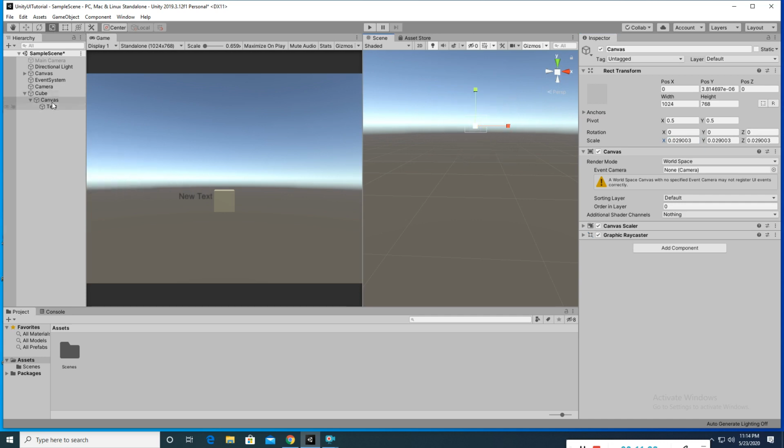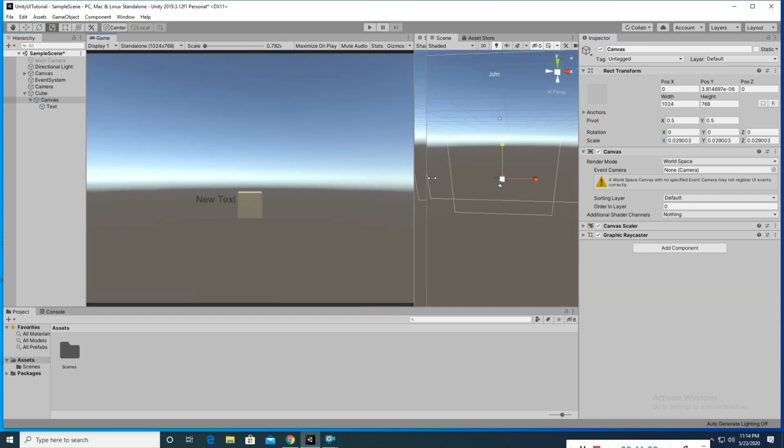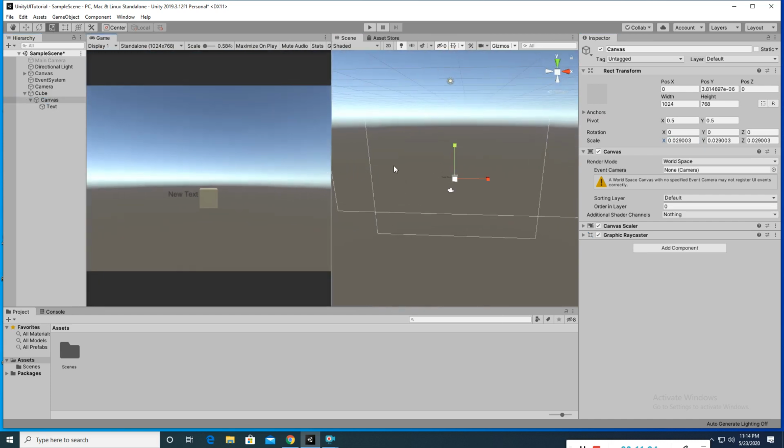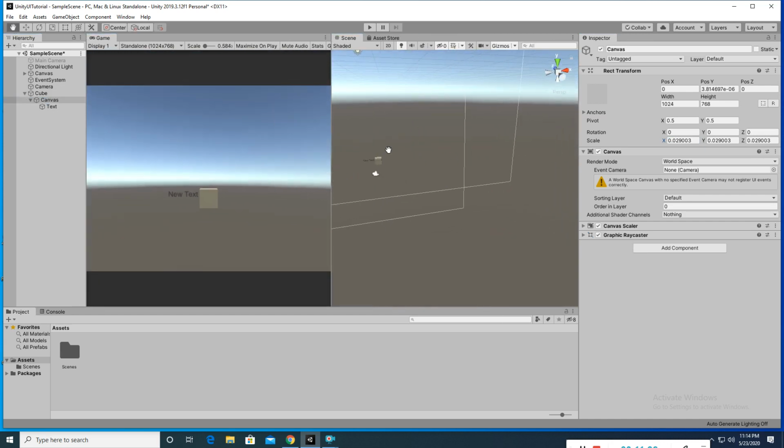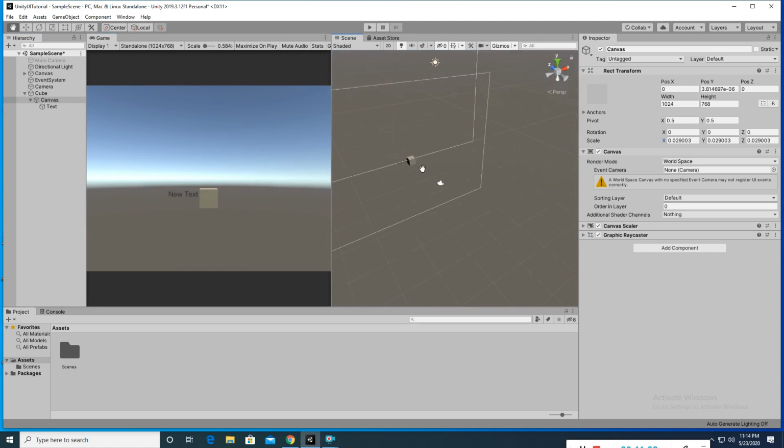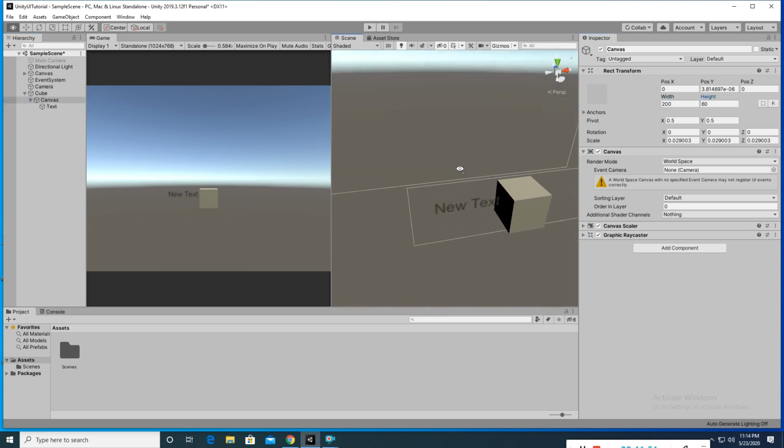Okay, now it's good, but I have to put it on the cube, so its width is very high. So now its position is 0.